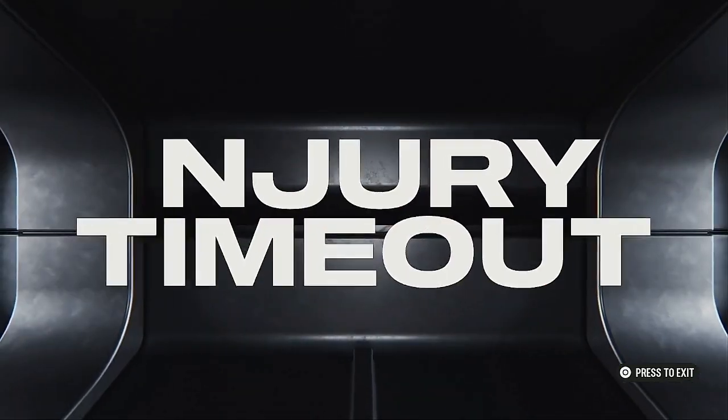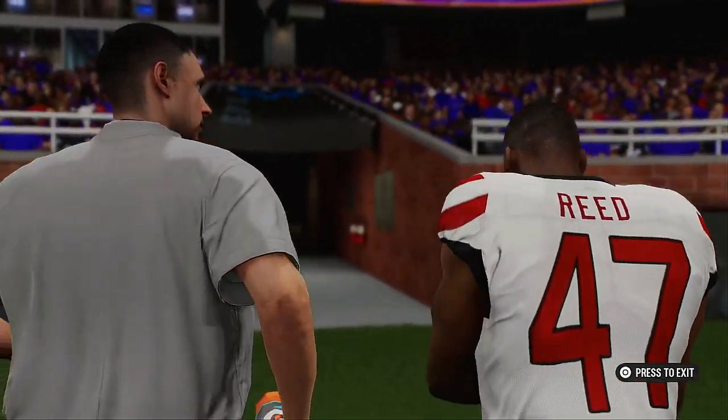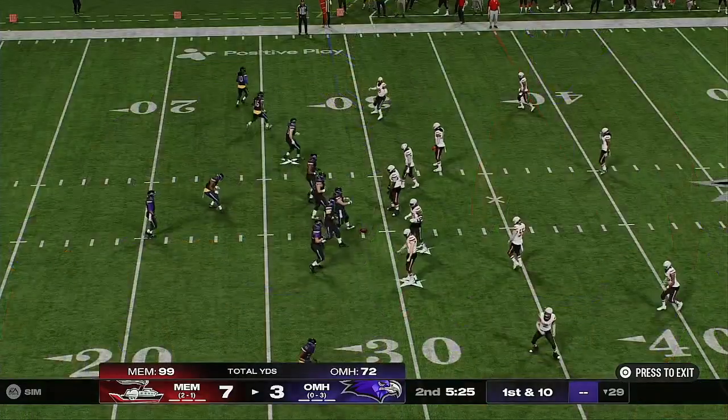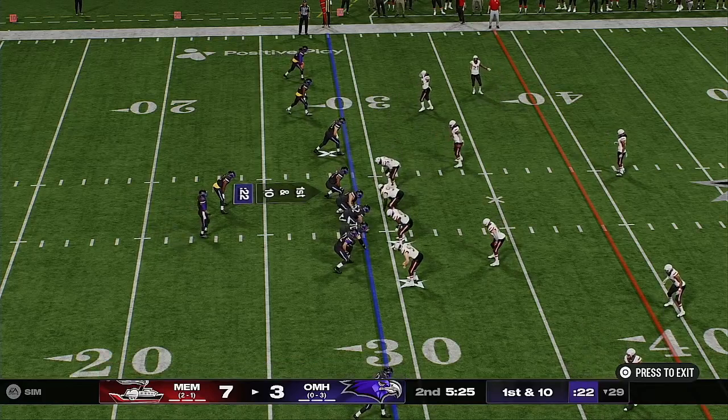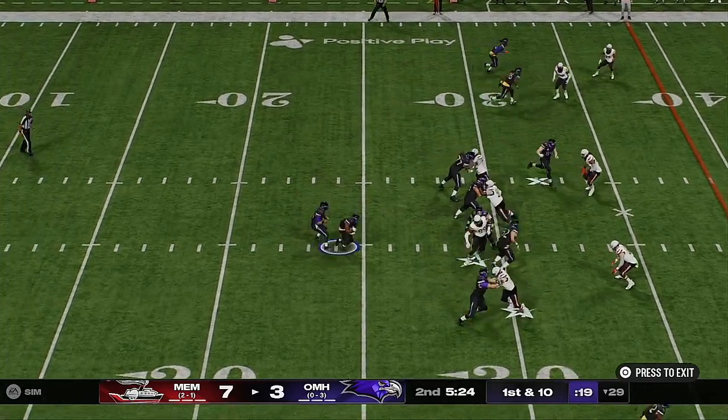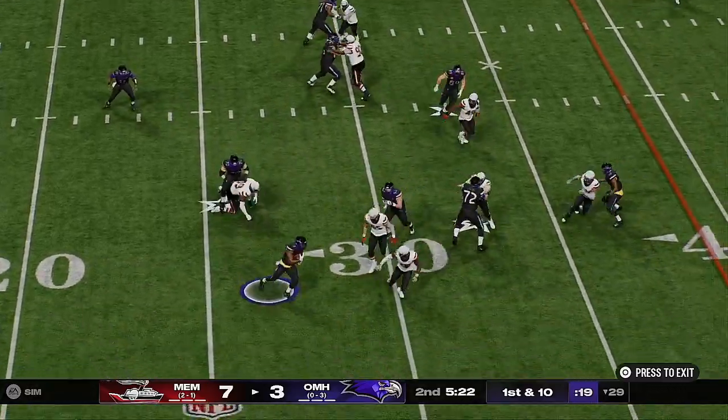And now it looks like we're going to get a timeout here. We've got a man shaken up. Well, now they're going to come out and take a look at this injury, and we'll be back in a moment. The offense back out there at the line, ready for their next drive. It's been very much a slow start for them. 3 drives and just the